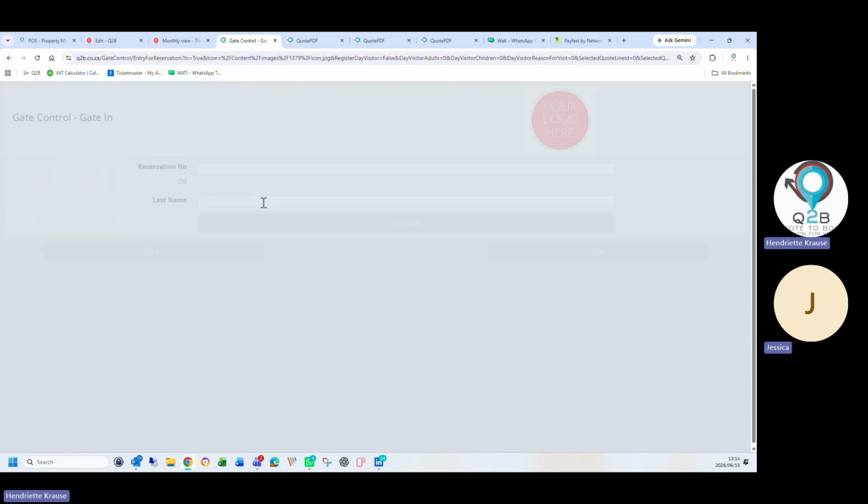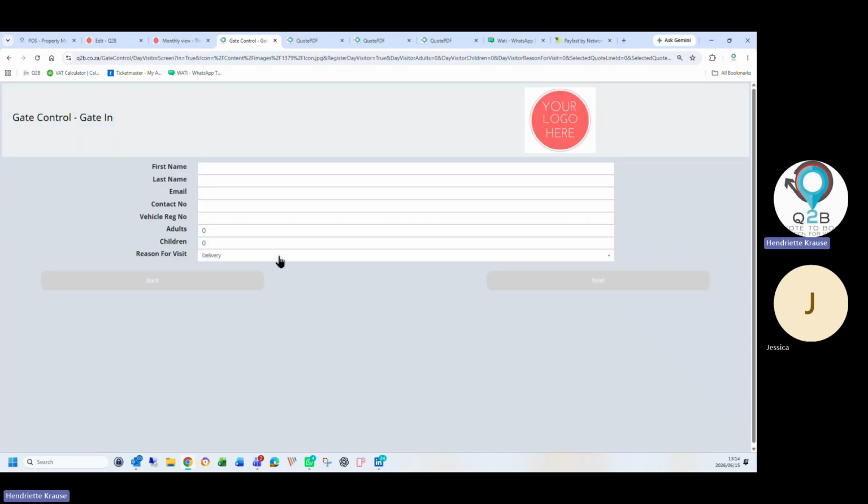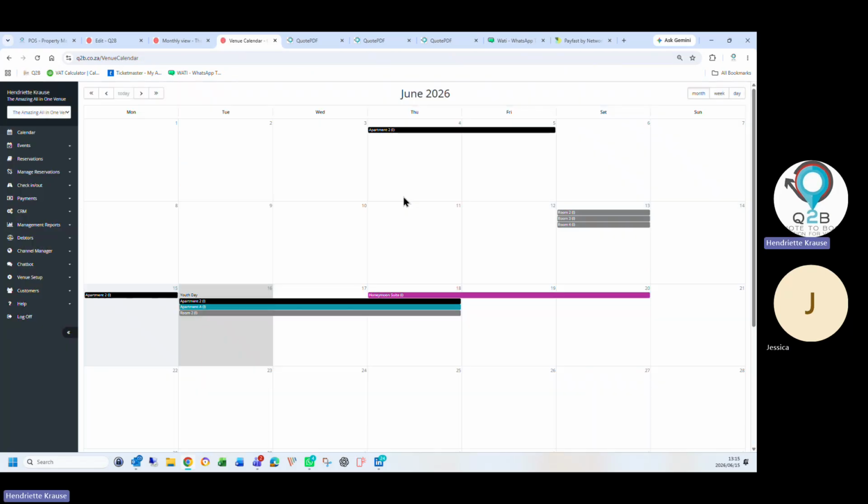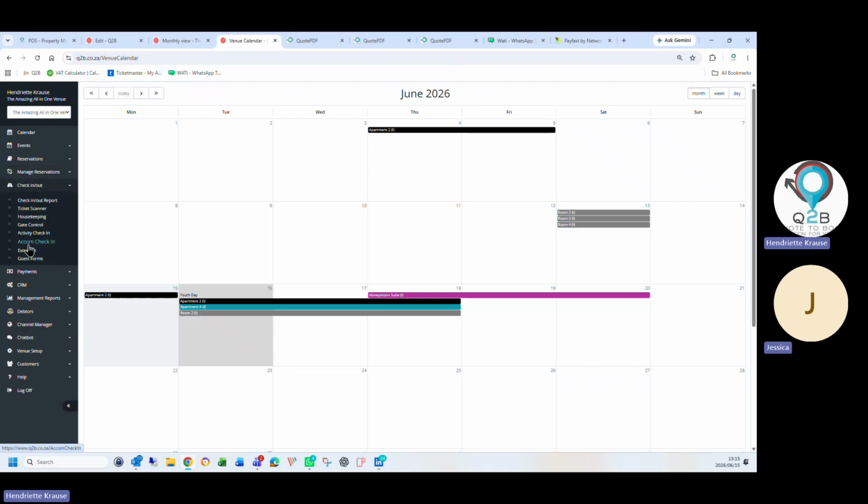But then also, what the gate control does, it can also record your day visitors. And then we capture all these names for you. So everybody that's attending a function there, you'll capture all their data and you can use it to make contact with them. And then we also offer an unsubscribe link to you. So it's just to capture all the people visiting your venue so that you can build up customer data for marketing.